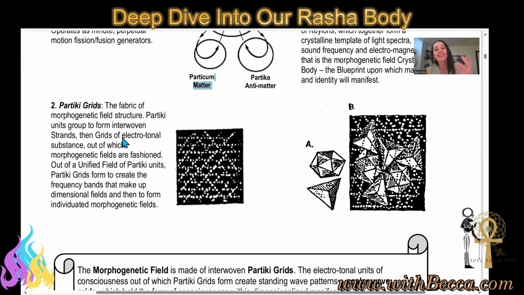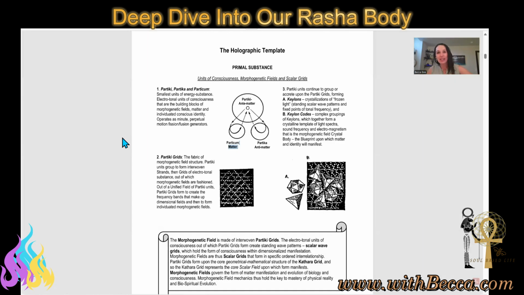And so this is actually how the bubbles get created. This is how Barbelo would have created a womb world or a separate dream world. You can think of these standing scalar waves and these morphogenetic fields as how dream worlds are created, new dreams are created. And then whatever you think into that dream creates the reverberation onto the standing scalar waves, which crystallizes the form to manifest that dream. And that is why our thoughts are so important and powerful.